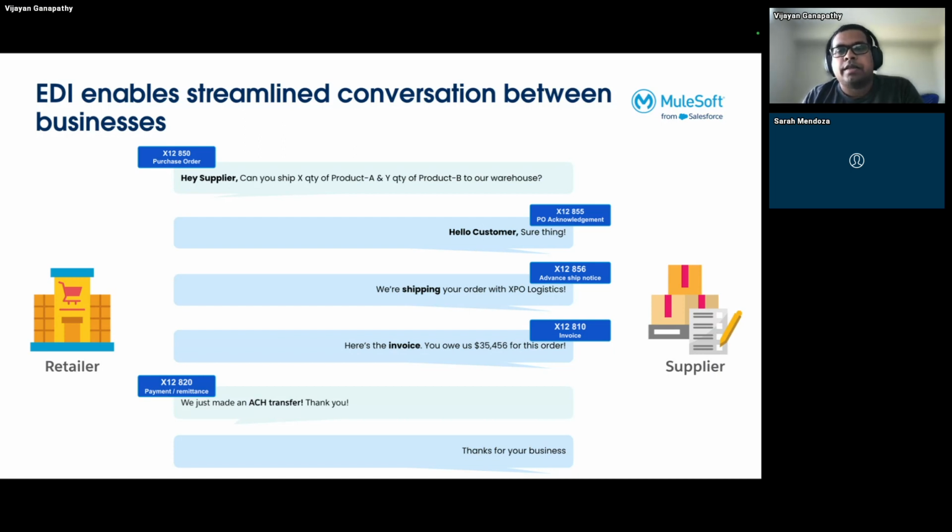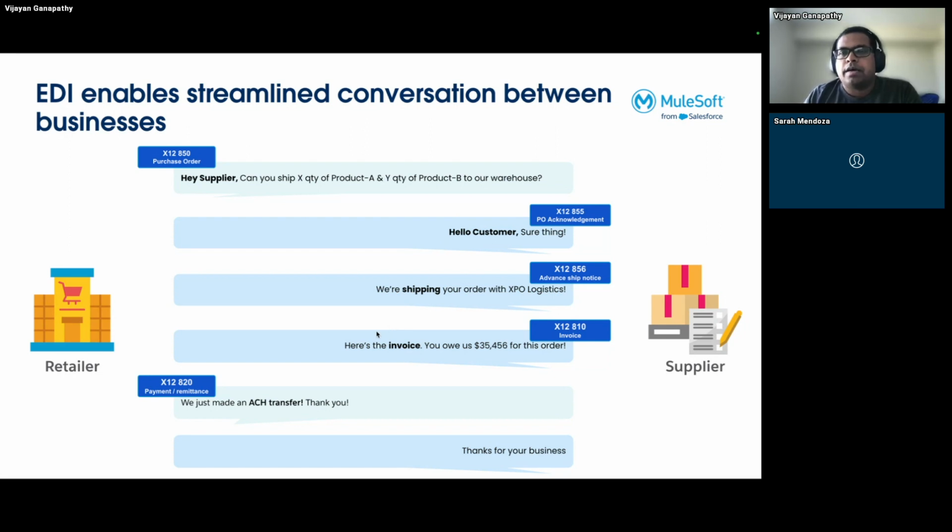If they do, then we have to build hundreds and thousands of maps to convert data from each organization's format into the other organization's format, which is not scalable. So you probably already know, or you're getting familiar with some of these transaction types. The X12 850 is for purchase order. There is also an equivalent EDIFACT message type for purchase orders. So at the end of the day, this typical interaction is facilitated by a well-defined set of EDI standards and message